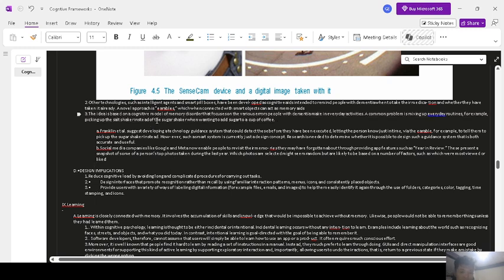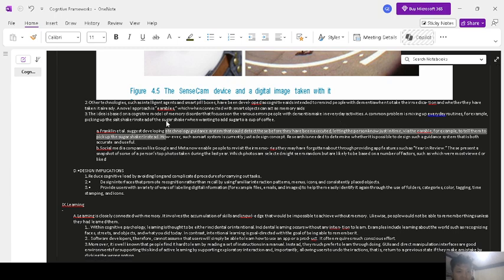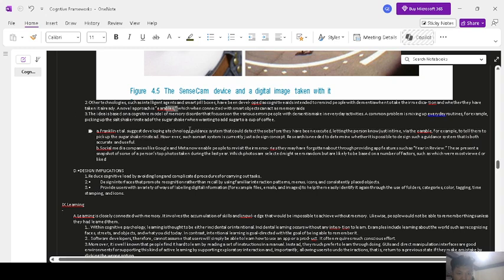So it works basically. Other technologies such as intelligent agents and smart pillboxes have been developed as cognitive aids intended to remind people with dementia to take their medication and whether they have taken it already. A novel approach is earables, which, when connected with smart objects, can act as memory aids.